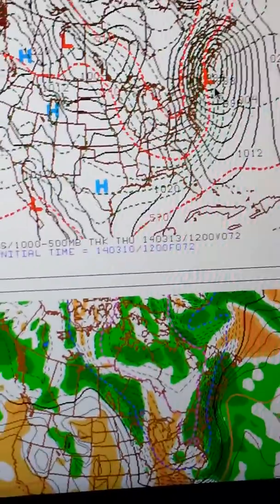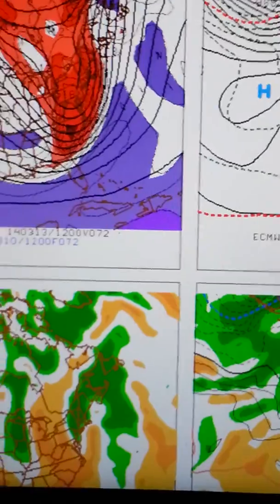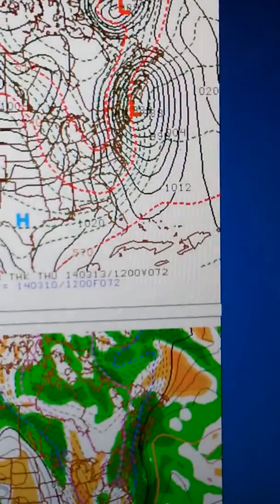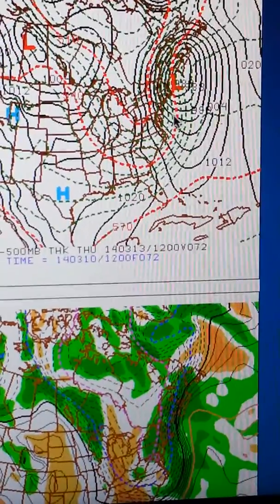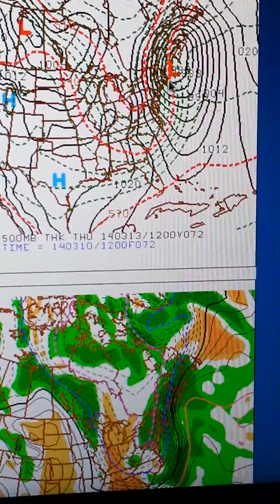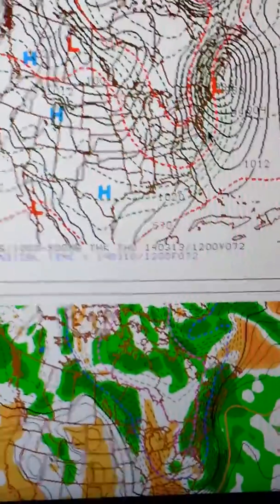Alright, so again, you're going to be taking in the moisture here, boundary between warm and cold air up there. Your heavy snow bands are going to be on the northern and western side of that. This doesn't track far enough south to let the Arctic air come further south, so areas in southern New England and south of there, you're going to start out as rain, and then